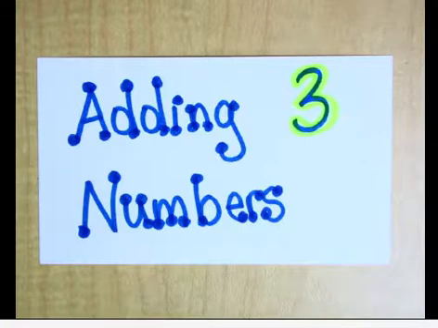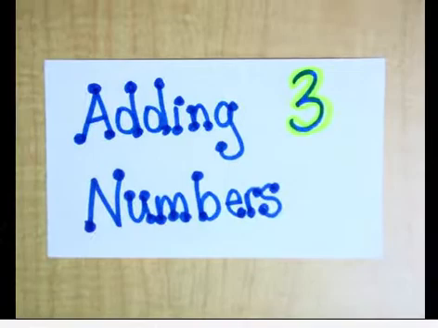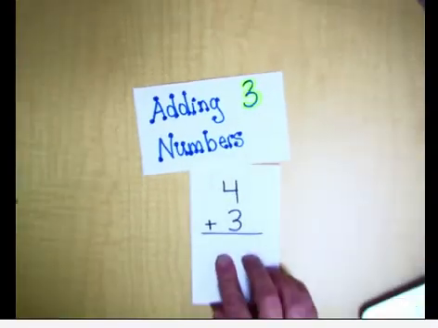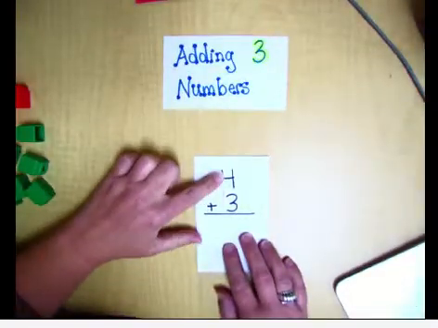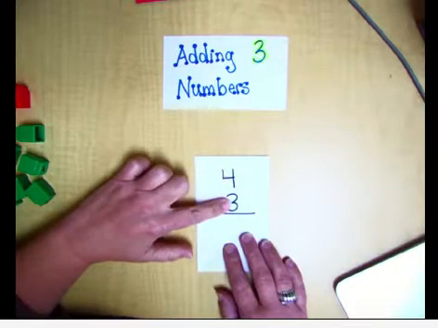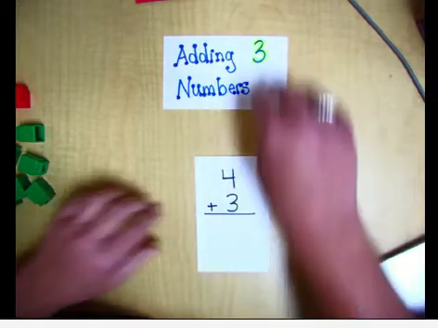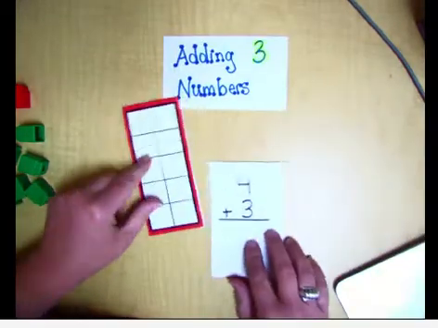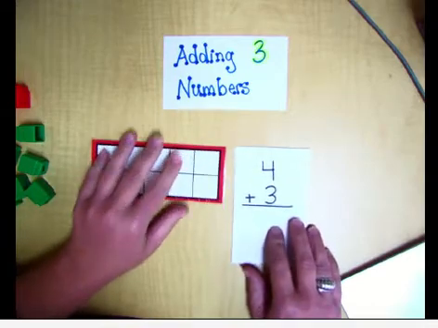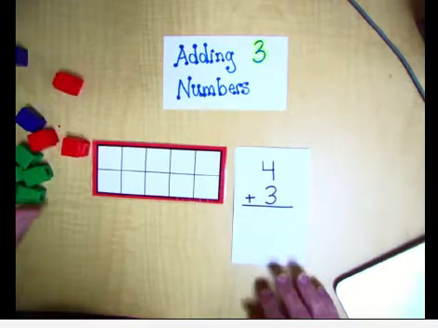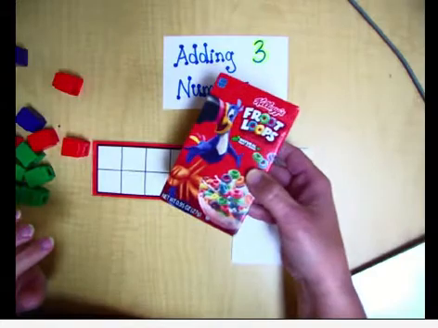Hey friends, today we're going to talk about adding three numbers. Now you've been familiar with adding two numbers such as 4 plus 3. There's one number and there's the other number, so that's two numbers. And we've used tools such as our 10 frame and cubes and counters or even a box of cereal or